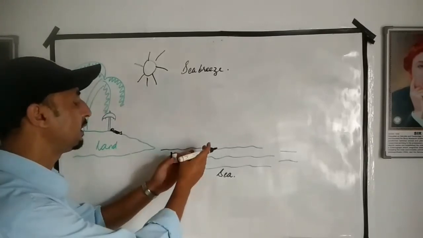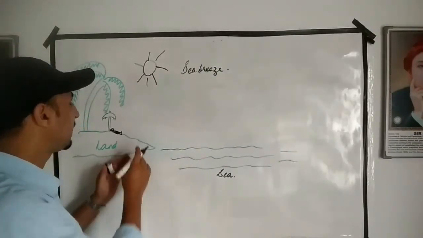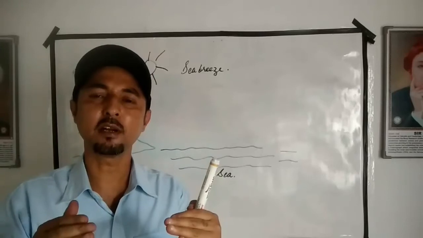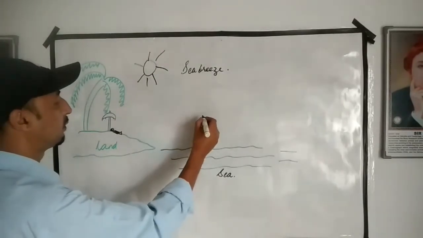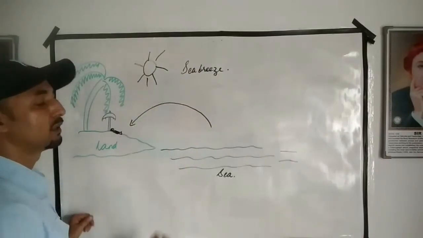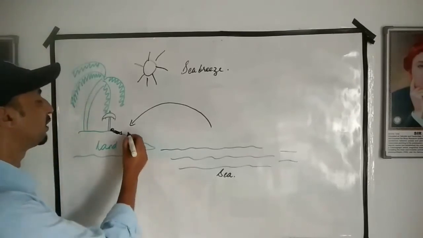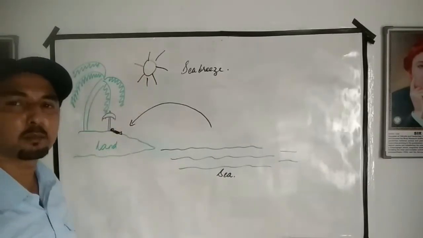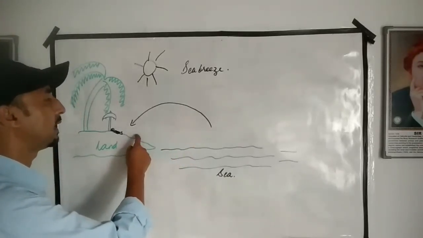However, the sea heats very, very slowly and the land heats faster. It is a solid object. Therefore, there is difference of pressure in the sea and the land. So, this is the reason why the cool breeze moves from a region of high pressure developed in the sea to a region of low pressure in the land. When the hot air from the land rises up to take its place, cool air from the sea moves towards the land.